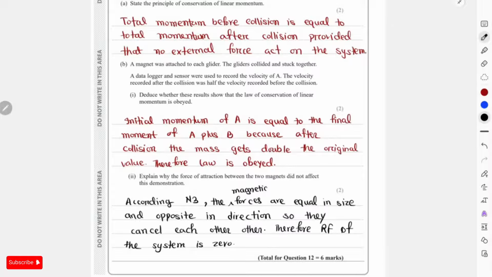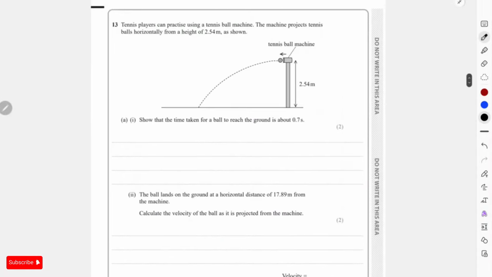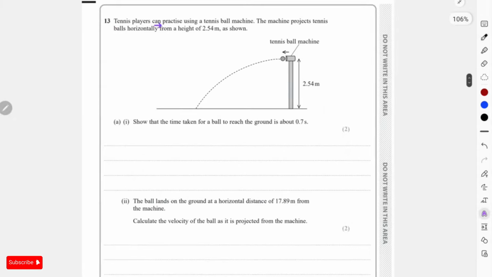I hope it was clear enough for everyone. We'll move on to question 13. It says the tennis player can practice using a tennis ball machine. The machine projects tennis balls horizontally from a height of 2.54 meters as shown. As it is being projected horizontally, that means it will not have any vertical component of the initial velocity. It will just have the horizontal component of the initial velocity, right? Now show that the time taken for the ball to reach the ground is 0.7